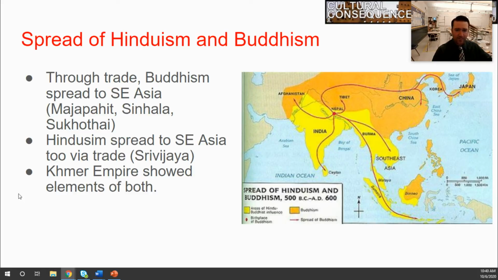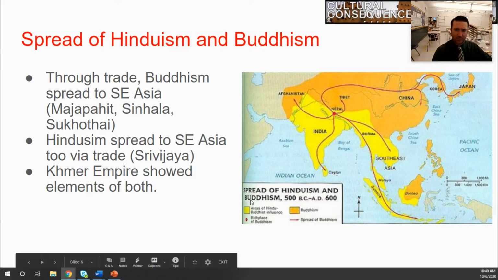Hinduism spreads into other parts outside of South Asia, in particular the Srivijayan Empire, which was here at this choke point of the Strait of Malacca, a very powerful trading empire, as they were the go-between between India and China, and created these large,